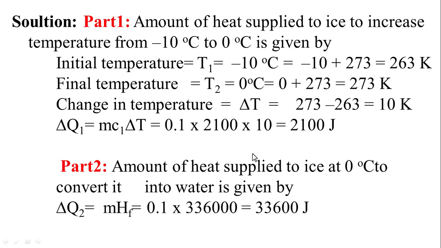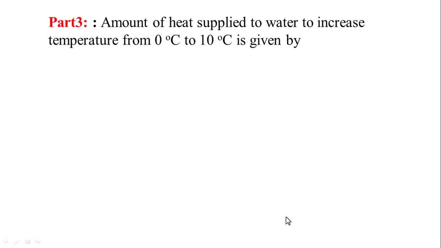Now delta Q is equal to M Hf, mass multiplied by latent heat of fusion. So 0.1 multiplied by 336,000 is equal to 33,600 joule. In part 3, we find the amount of heat supplied to the water to increase the temperature from 0